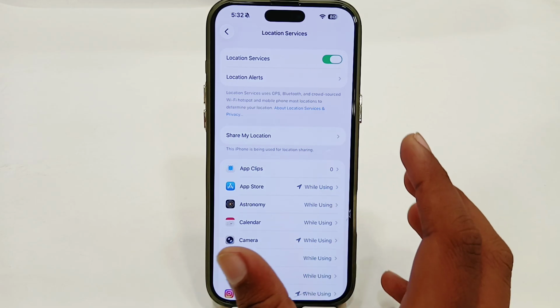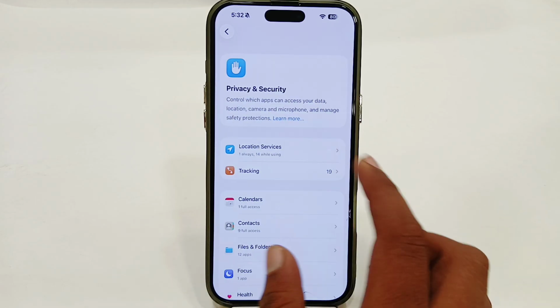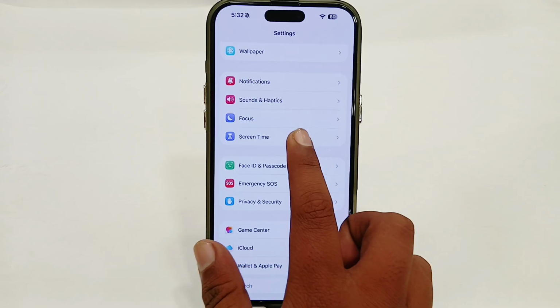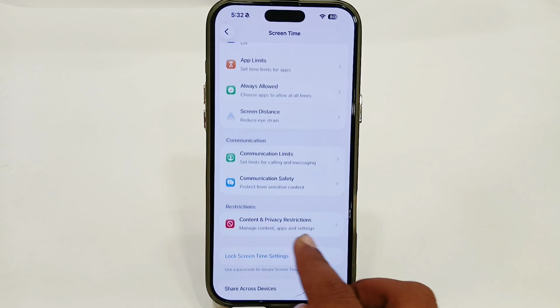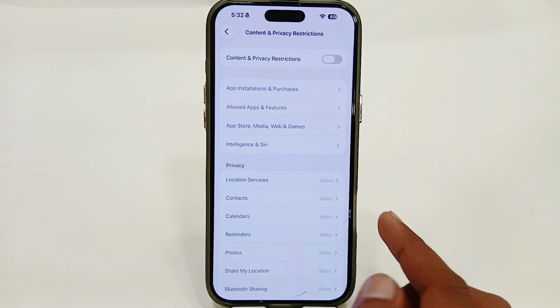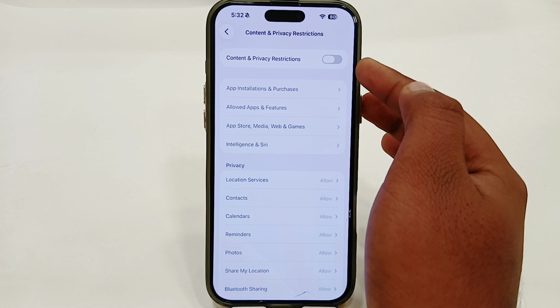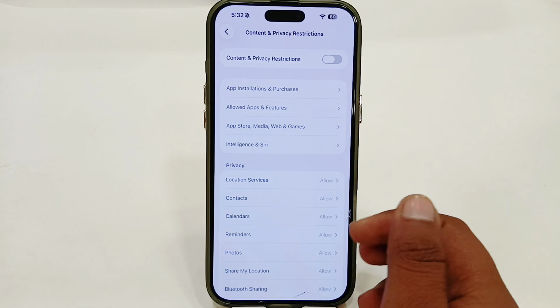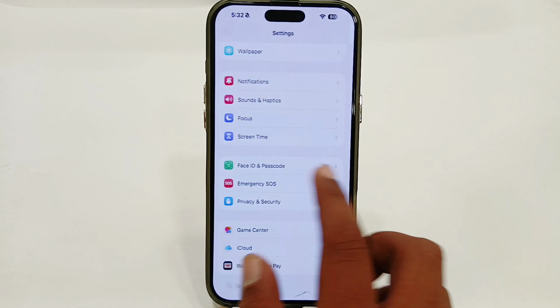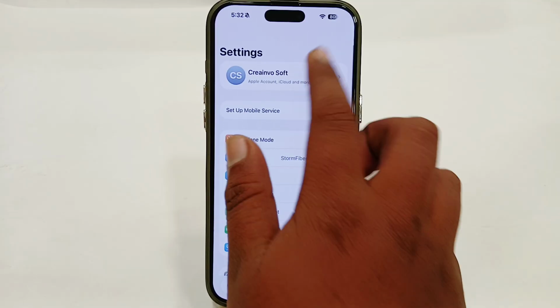Or if you're still facing the same issue, you have to simply go back, go for Screen Time settings, go for Content and Privacy Restrictions, and try to disable all the restrictions from here. Once you have disabled all of the restrictions, simply go back and go for Apple ID again,